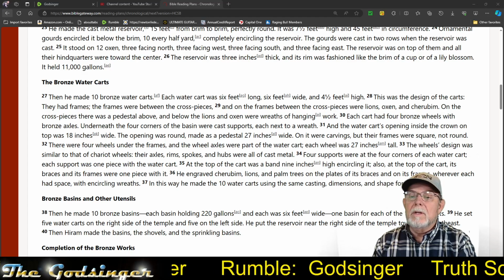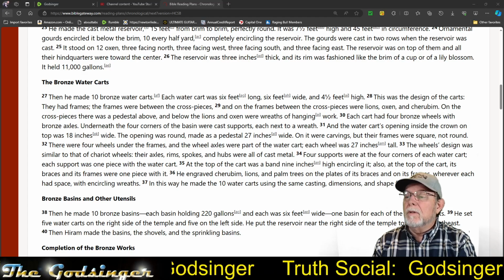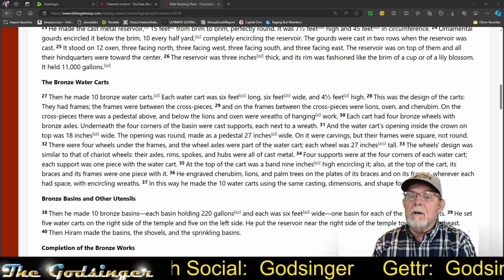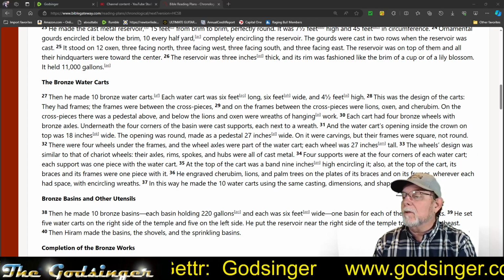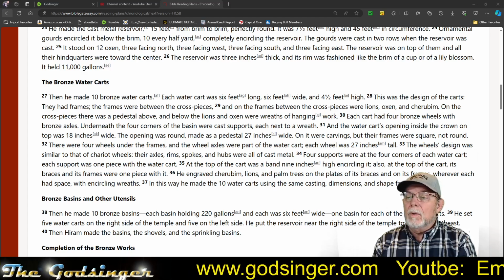The wheel's design was similar to that of chariot wheels. Their axles, rims, spokes, and hubs were all of cast metal. 4 supports were on the 4 corners of each water cart. Each support was one piece of the water cart, and the top of the cart was a band 9 inches high, encircling it. Also, the top of the cart, its branches and frames were one piece,